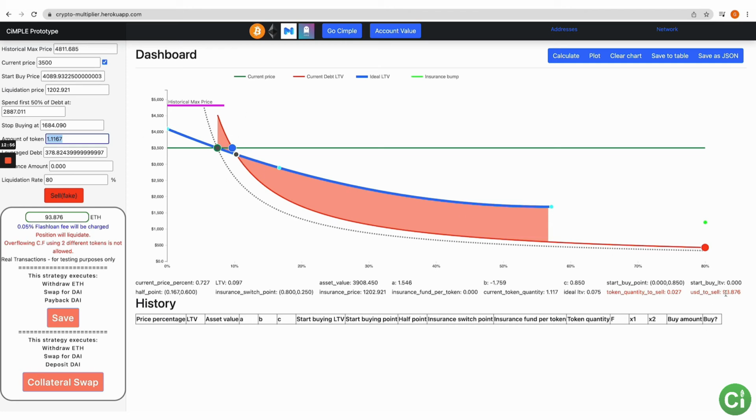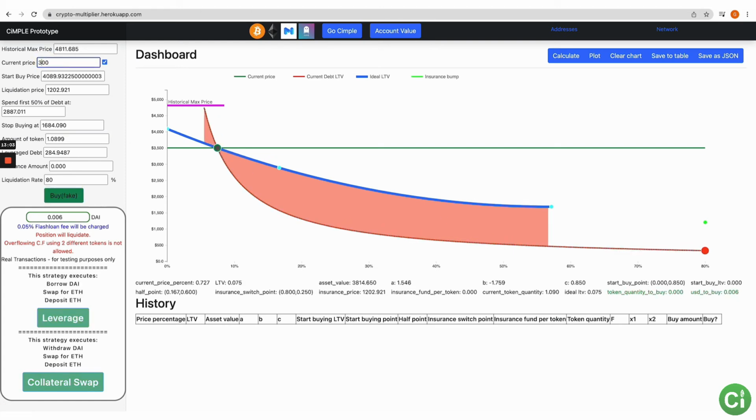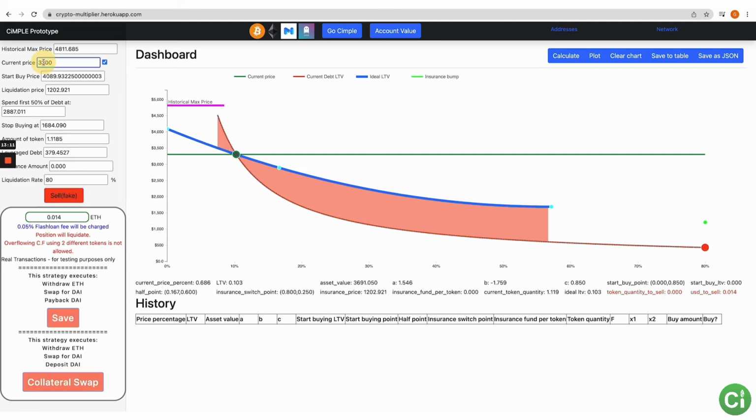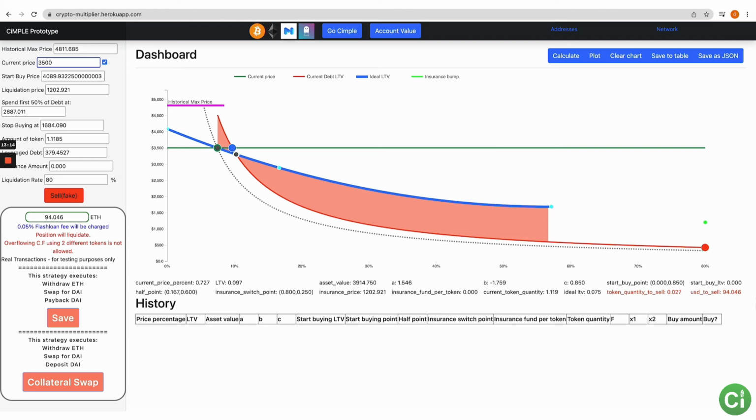So we're selling 93.876, which is 0.27. Let's do that fake sale. Let's move over here to 3,300, and we're buying $94 worth. So let's buy that. Then selling again, it is $94 worth, but the change is, and this is too small of a window and too high of a range. If I was doing this closer to here, it would be a bigger impact. So we'll do it again when we get down there. So you buy, sell, taking a small gain in tokens with each one.